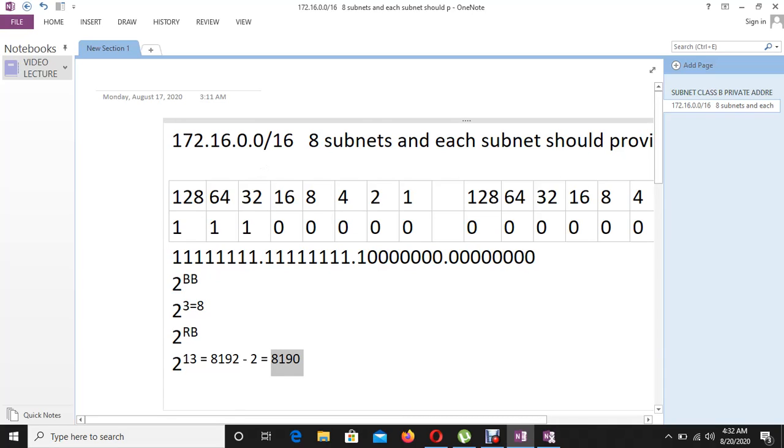Now, how many bits are borrowed? What is the sum of the bits borrowed? Okay, the sum of the bits borrowed. Now it's very important that you get the sum of the bits borrowed, because